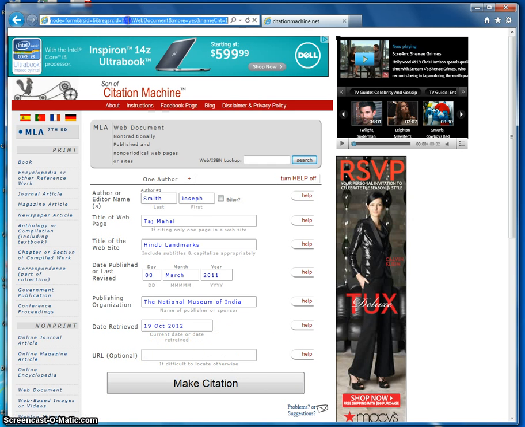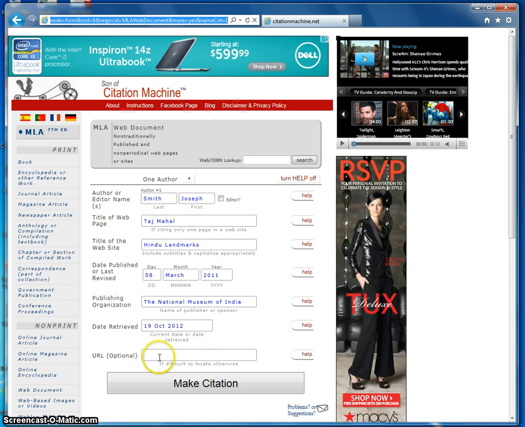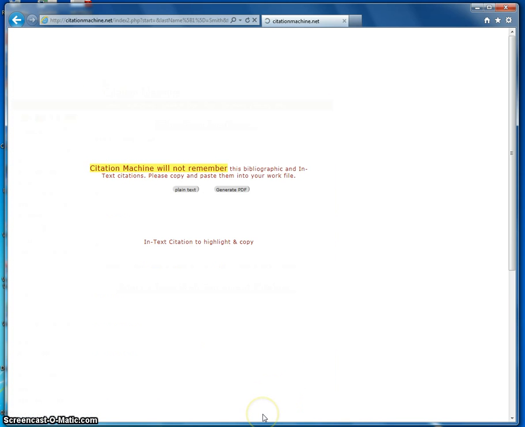You can actually just copy and paste the URL right into this box. Just for the sake of example, I'm going to do the one up at the top of this screen. So I'm going to click on it so it's highlighted in blue, right click, copy, go down to my box here, click my cursor into it, right click, and paste. Then I want to go down to the bottom once I'm sure everything is correct. I've capitalized all my titles, I've spelled everybody's name correctly, hit Make Citation,